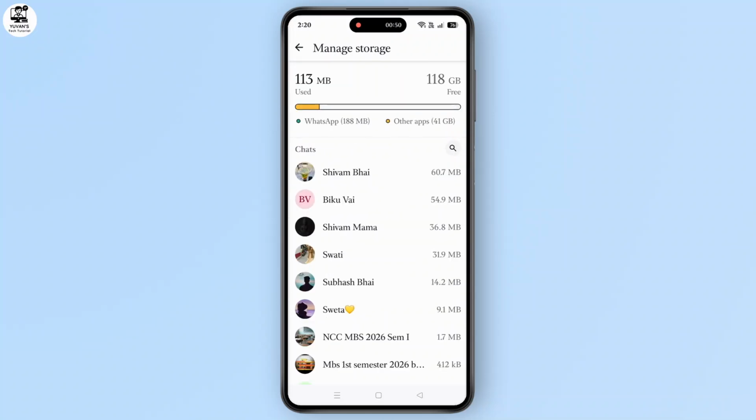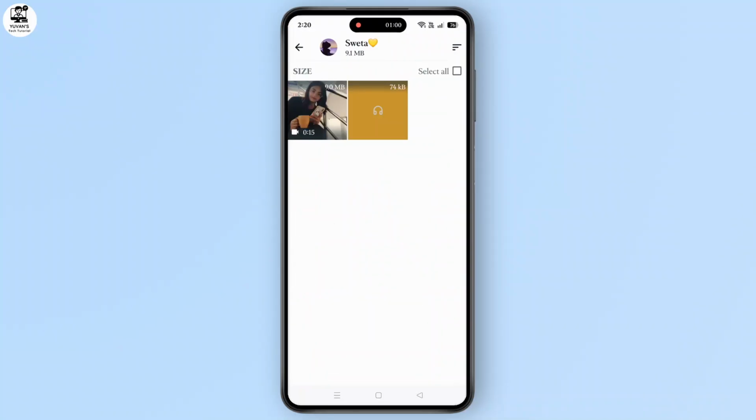Here, select the contact from whom you received the View Once photo. Now check the recently received media files. If the View Once image is still cached on your device, you may be able to open and view it